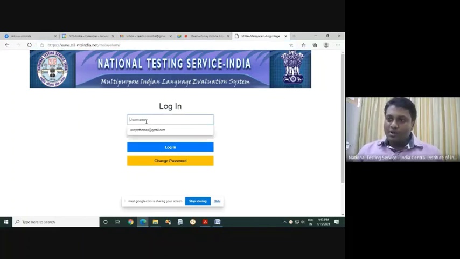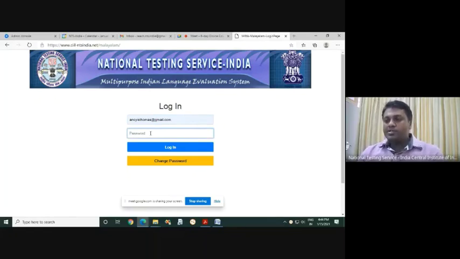Once you go to this login page, your login ID is your registered email. While filling up the online form, you have given your email ID and mobile number. Do you remember it? In a PDF format, you all might have got in a mail. That is the registration form. The purpose of the registration form is for this username and login. So you have to give your registered email ID as your username and your registered mobile number as your password. Only 10 digits. Don't give +91 and all. You just give your 10 digits of mobile number.